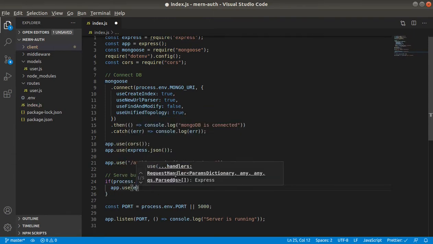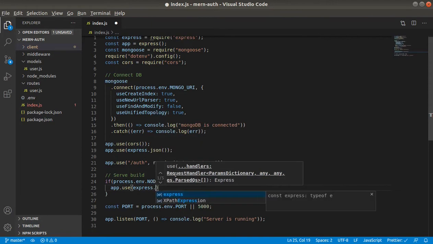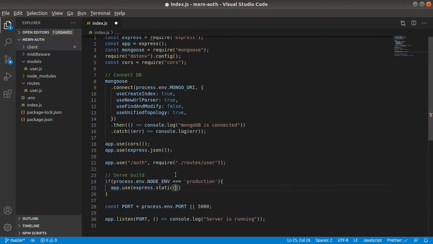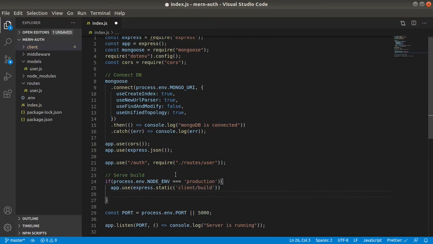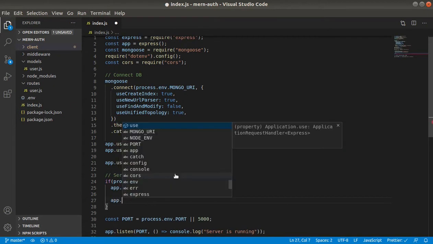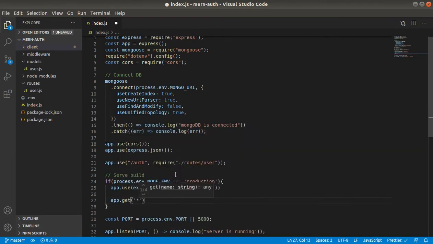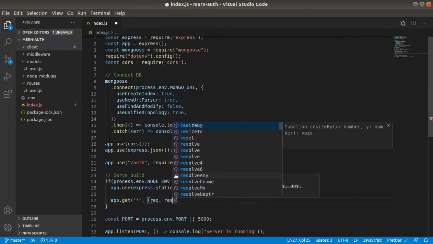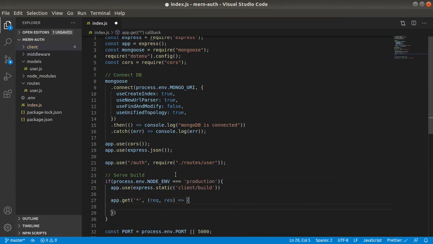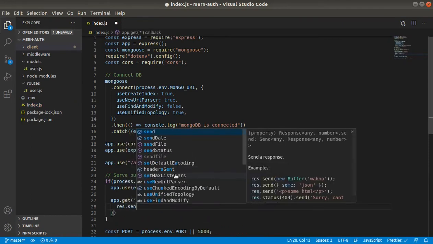app.use express.static, and the folder will be inside our client directory, then build. We will load the index.html file inside our build folder. For that we will say app.get asterisk, anything. It will take a request and response. Here we will say res.sendFile,